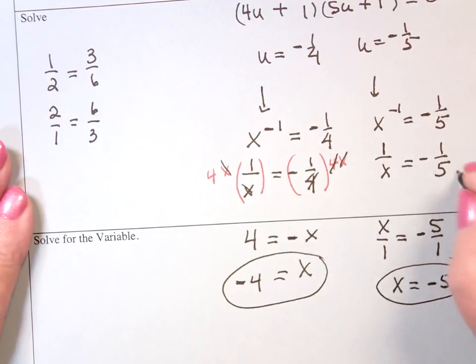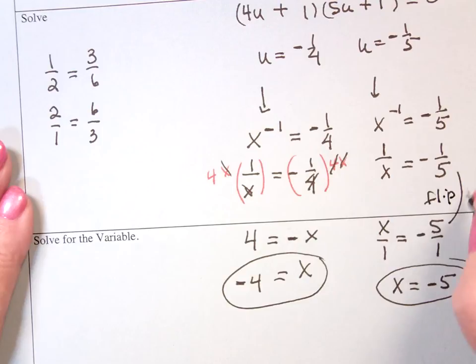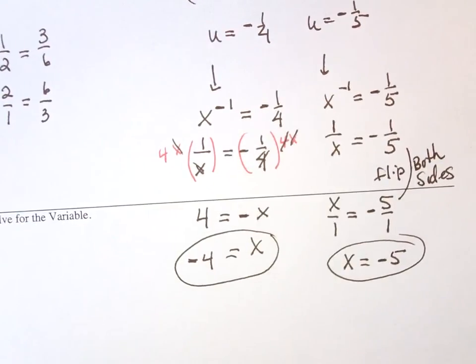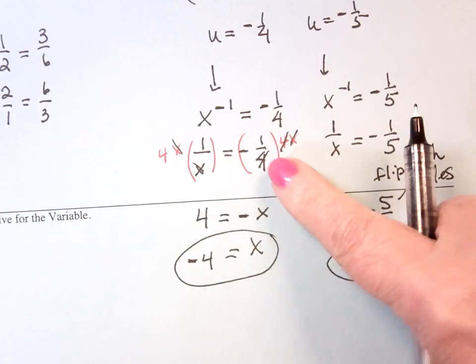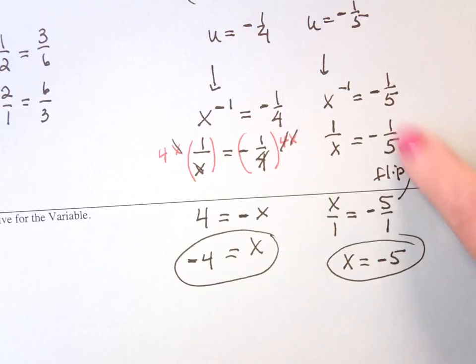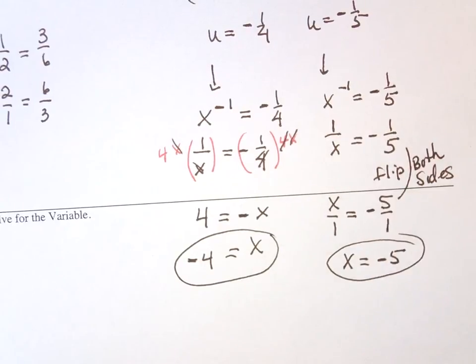Here I just flipped both sides. So I flip both sides. So either way, this is much more familiar to us because that's how we're used to doing it. And this one is something new. But that's true only if I have a single fraction equaling a single fraction. Now,